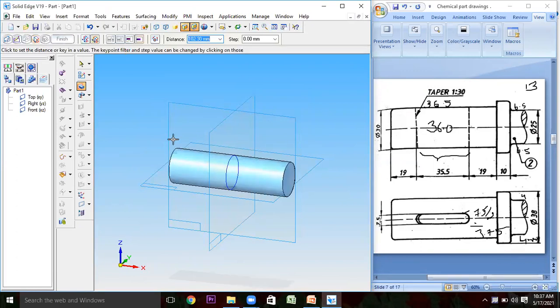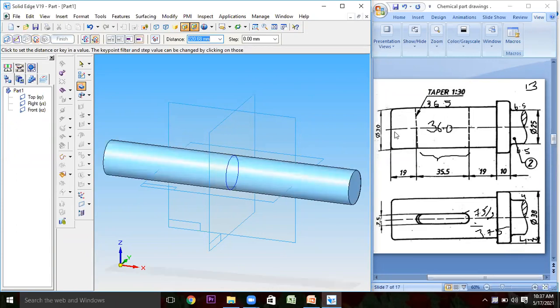At that time, instead of taking this dimension, you can directly mention it, because whenever you are selecting this dimension, you should know that this tapered cut is 36.5 rather than the total length. So here it is 36.5. If you select 36.5, then 0.5 mm extra will be created. If you select 35.5 mm as your dimension, because that dimension is given in this diagram, then this diagram will be short by 0.5 mm. So this total length will be reduced. Instead of that, as it is given from center to center,